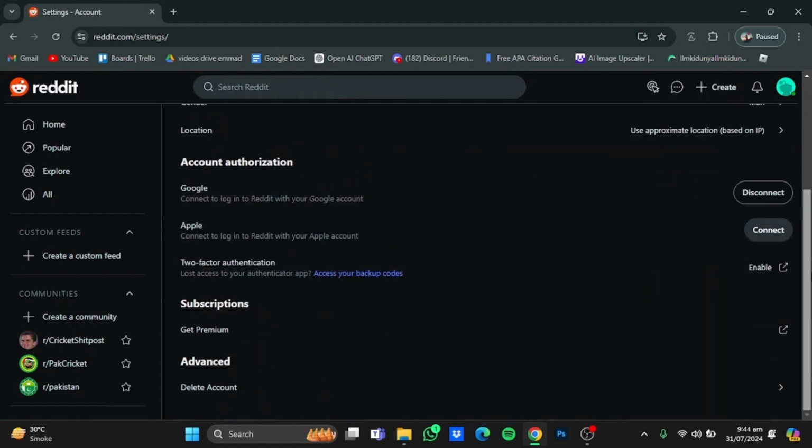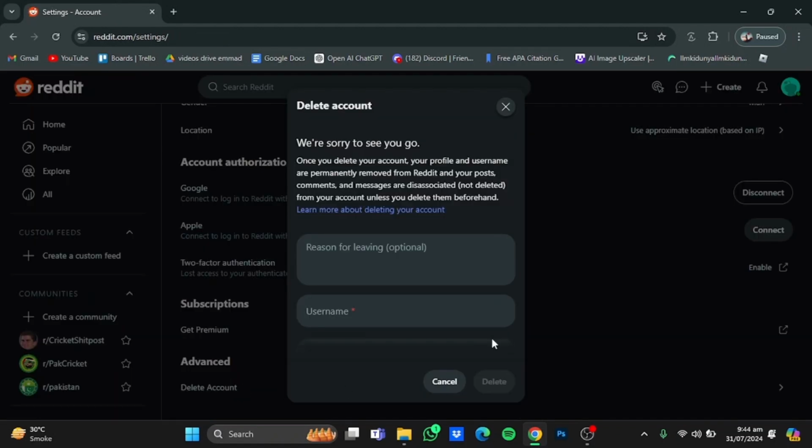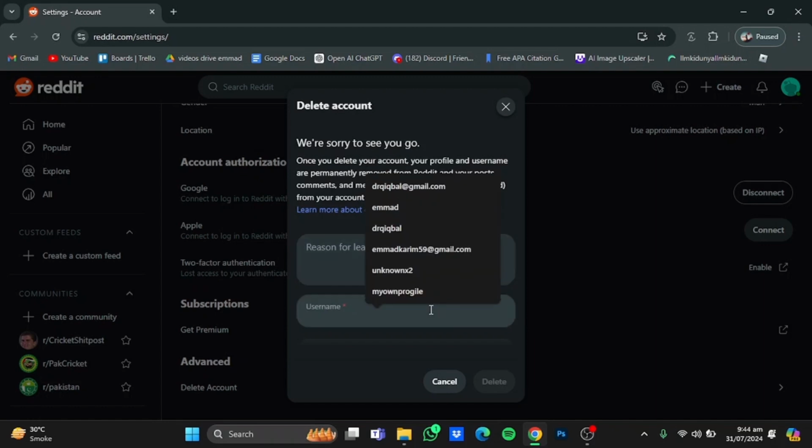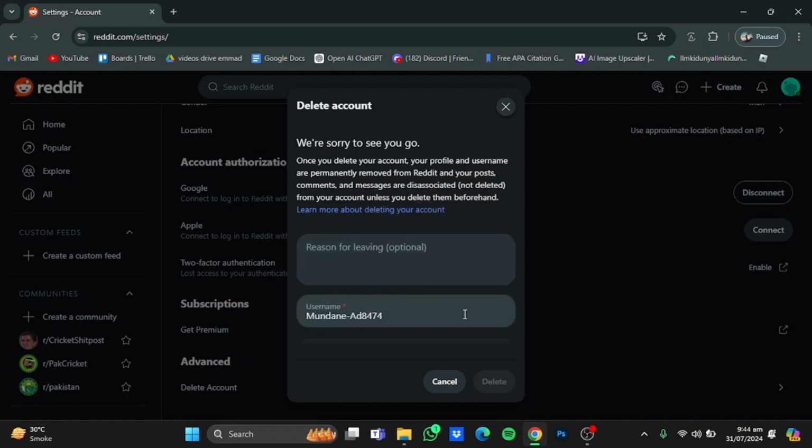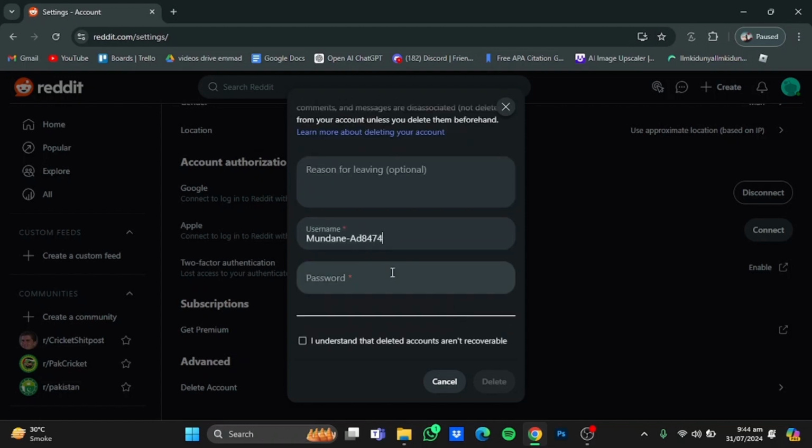Now in here, just simply scroll down and click on delete account. Now in here you'll have to give them a reason to go, which is optional. Now in here just paste that username that you just copied, scroll down and you will have to type in